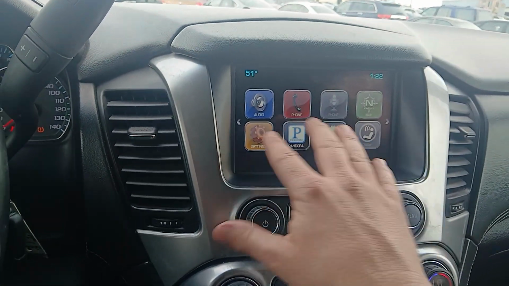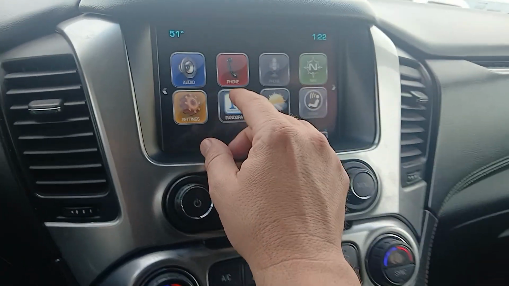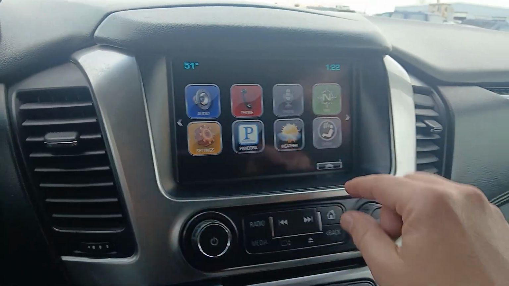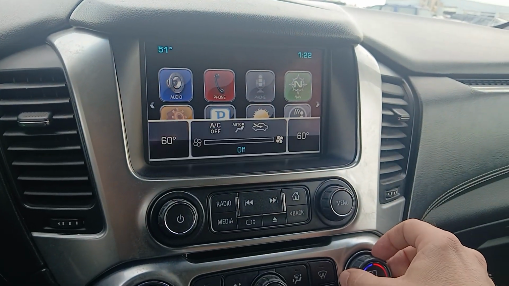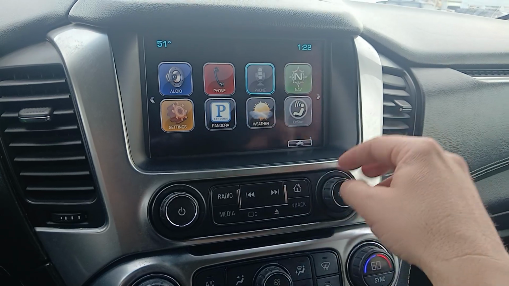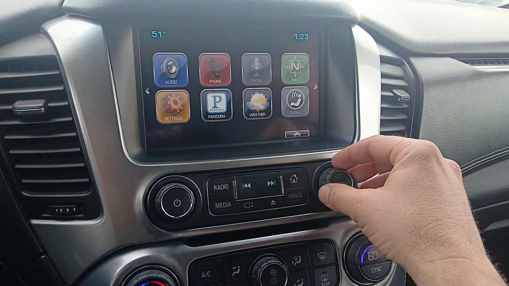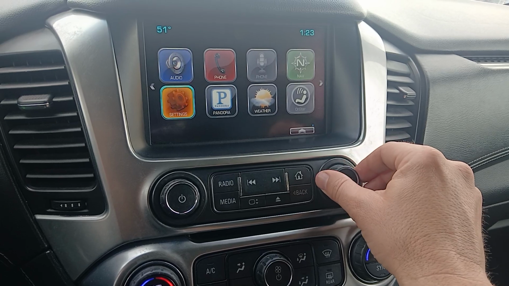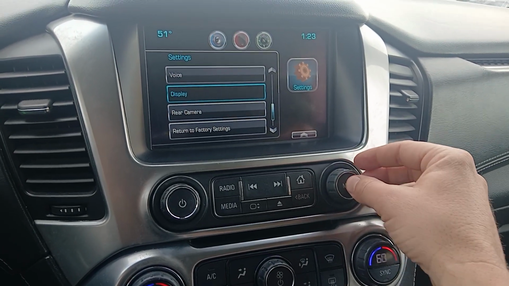It'd be a different process if you've got an aftermarket radio installed or something like that. But from your home screen, go to settings. You can use this to scroll around, or the touchscreen, and then this menu's an enter, and then this back if you need to go back. But anyways, we're going to settings, and then scroll to display, push enter,